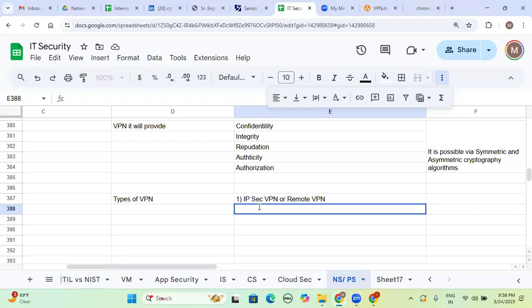So second one, site-to-site VPN. So these are the two different types of VPN, and the port number we have to open is 500. IPsec VPN port number is 500. Okay. So now